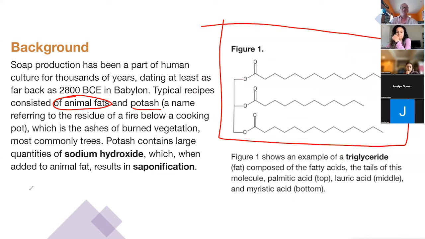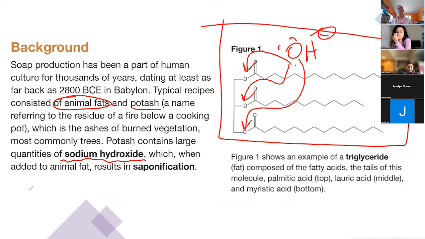So potash was one of them. Basically, it was the residue, like ashes, from a fire. And that has a large quantity of sodium and potassium hydroxide in it. So if you add hydroxide to a fat, it breaks these